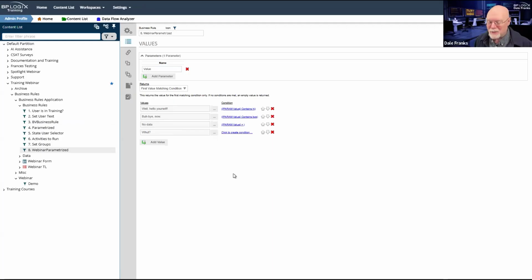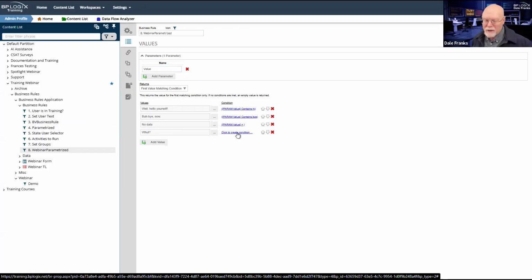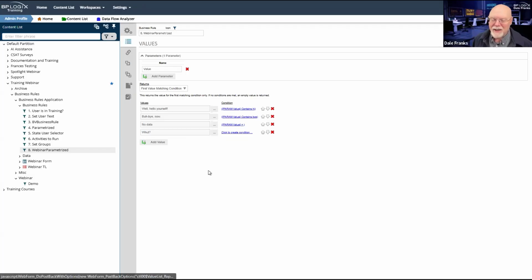That's the actual text it returns, no data. And then if I have any other content, so I can type gibberish, anything that does not contain hi or by or is not blank, is going to return what as the query whenever this business rule runs.